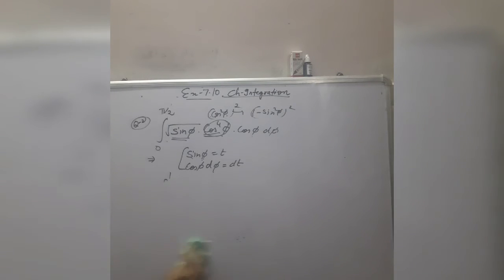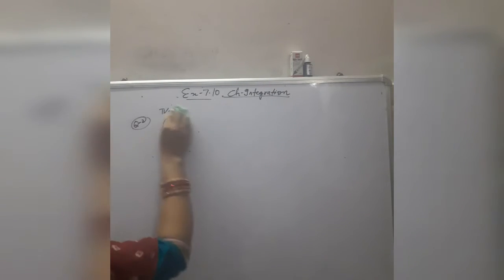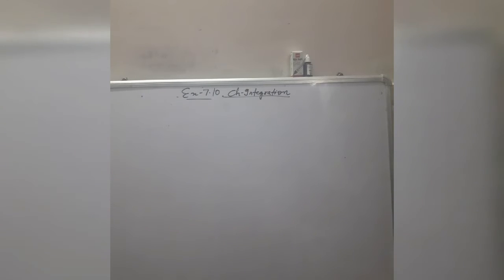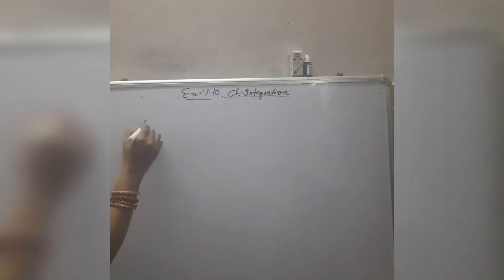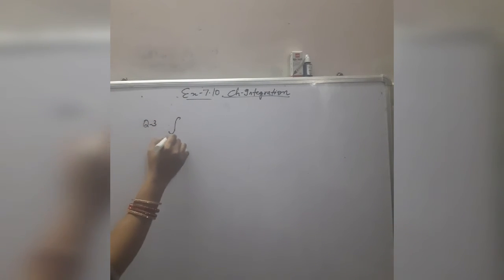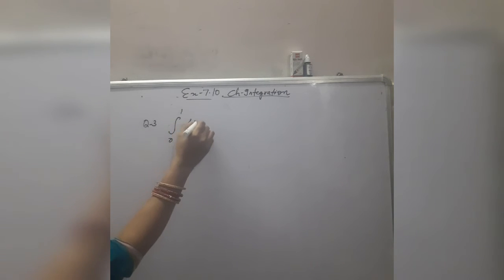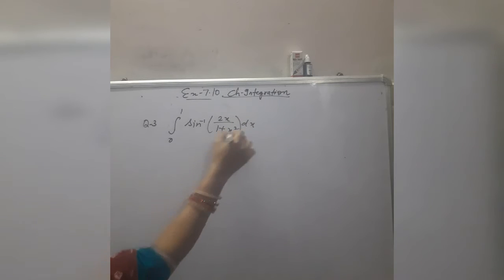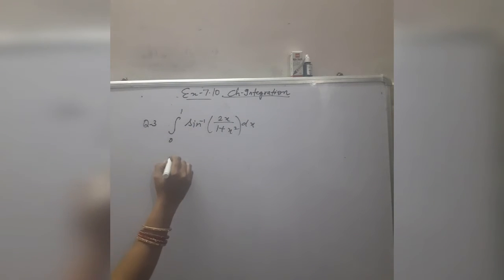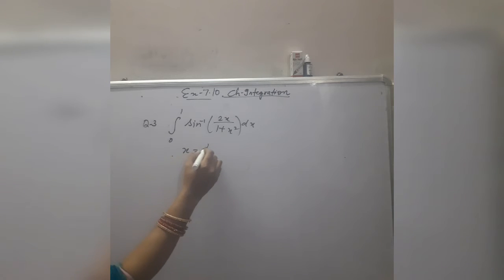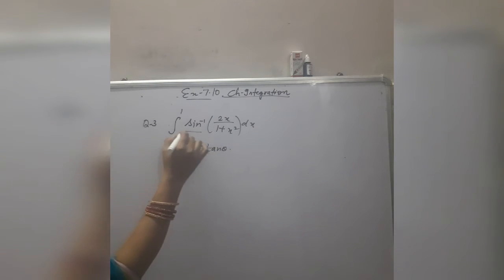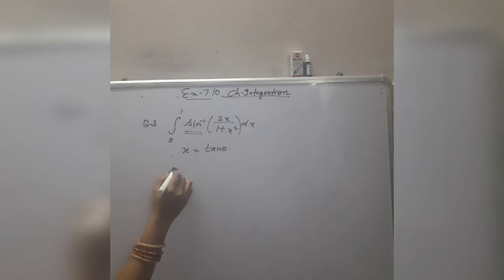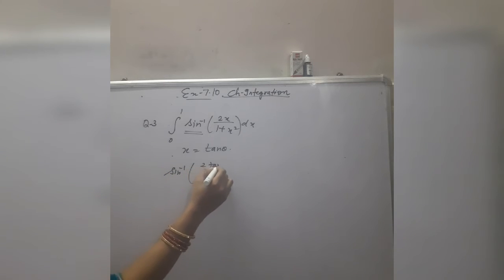Next, in question number 3, statement is integration from 0 to 1, function is sine inverse of 2x by 1 plus x square. In this statement we will put x is equals to tangent theta. If you put x is equals to tangent theta, then it becomes the formula of sine inverse, here 2 tangent theta divided by 1 plus tan square theta,